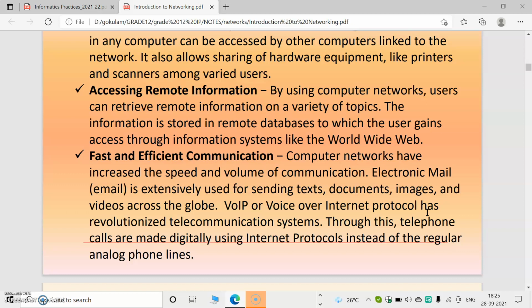Then fast and efficient communication. You know, in previous cases we used cards or inland envelopes etc. to transfer data, but by using computer networks it is easy to transfer data. For example, email, or I am taking classes now and you can watch from YouTube, so easily you can communicate with me by using computer networks. We all are using computer networks. By using computer networks we can take these classes nowadays. Because you all are sitting in your home, I'm sitting in my home, and I'm taking classes and you can listen to these classes. So it is fast and efficient communication.